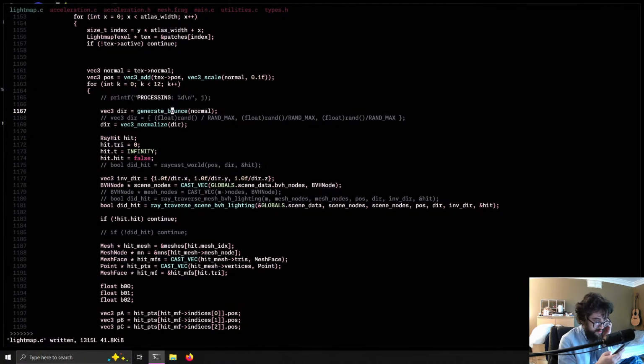Sampling a triangle. Sampling cameras. Constant 2D. Yeah, they don't have it in 3D here. I can probably transform it to 3D though. Cosine weighted hemisphere sampling. So